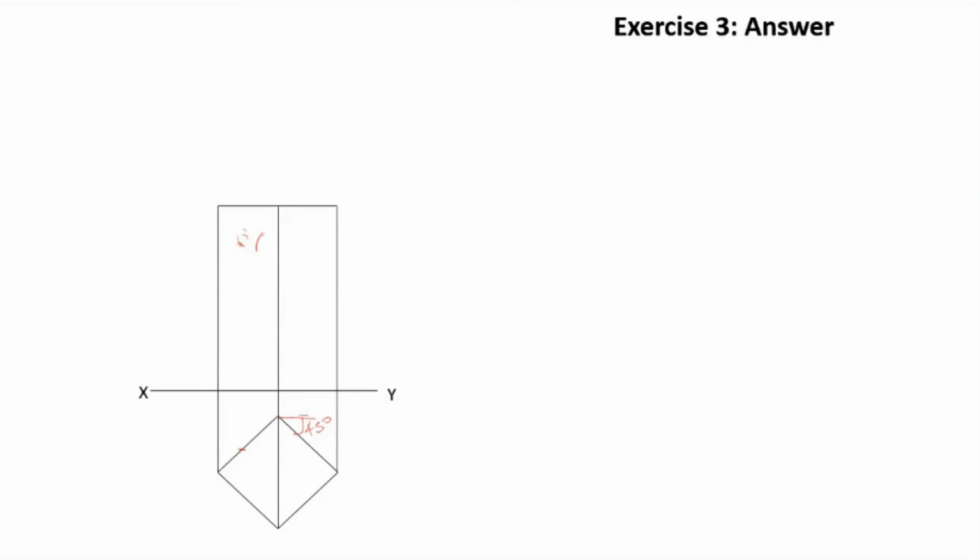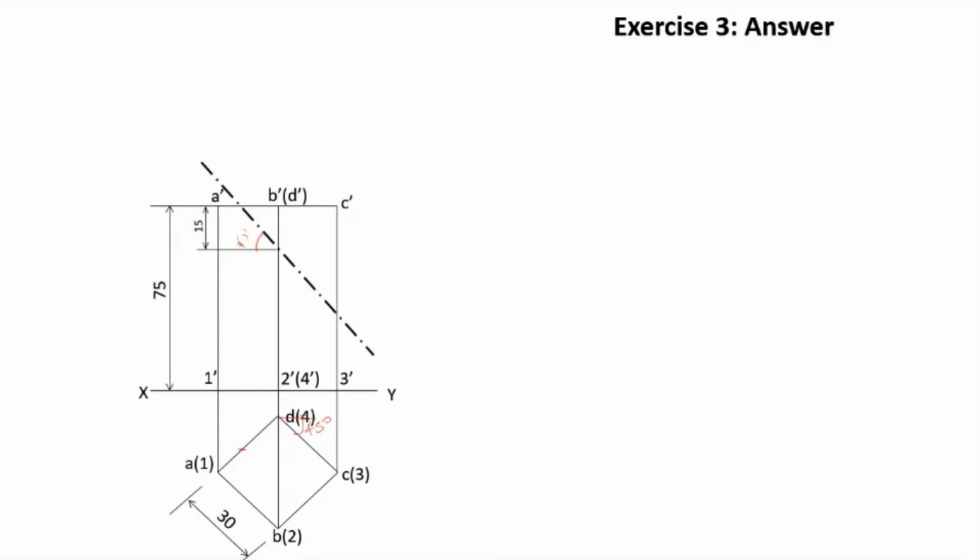Then the front view. Then 15 millimeter below the top face you mark a point and through that point, making an angle of 60 degrees, you draw a line which is the section line,